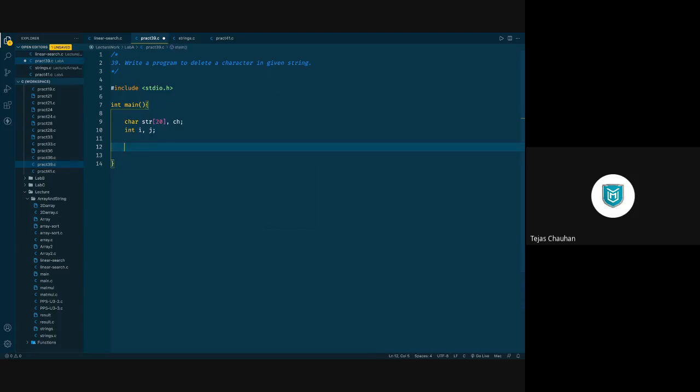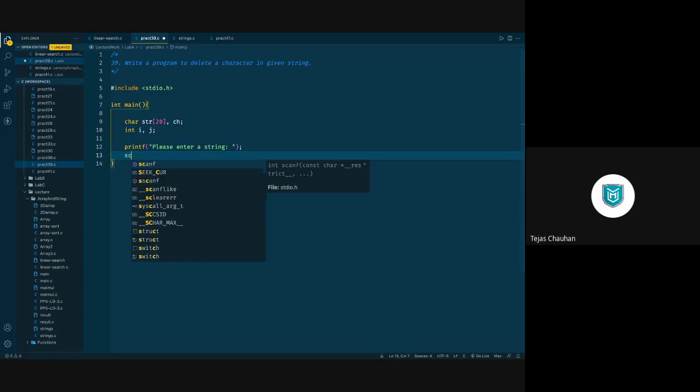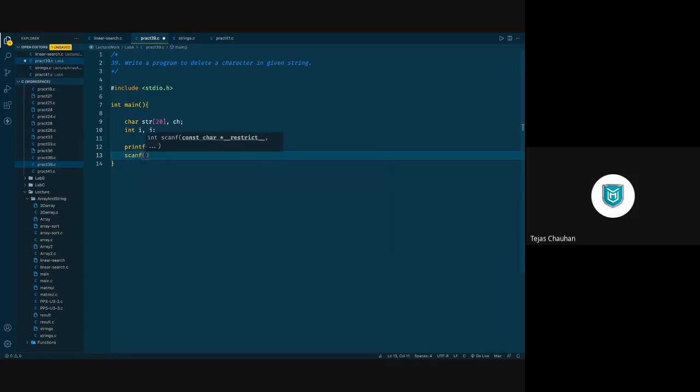Okay, so let's take a string from user first. So printf, just a message for user, please enter a string, and we'll scan that string inside one variable, so %s and str. Then we'll ask user to enter a character to be deleted.